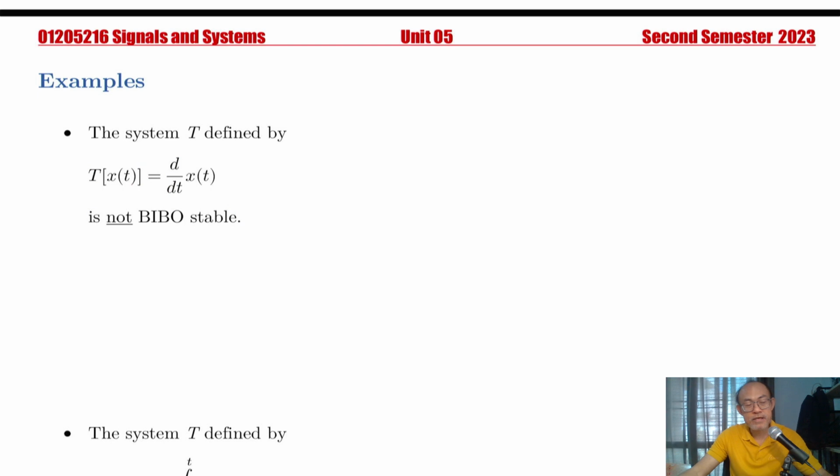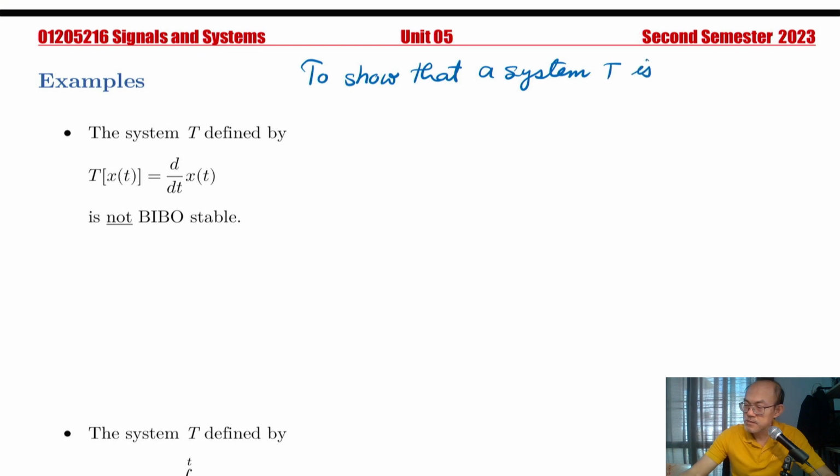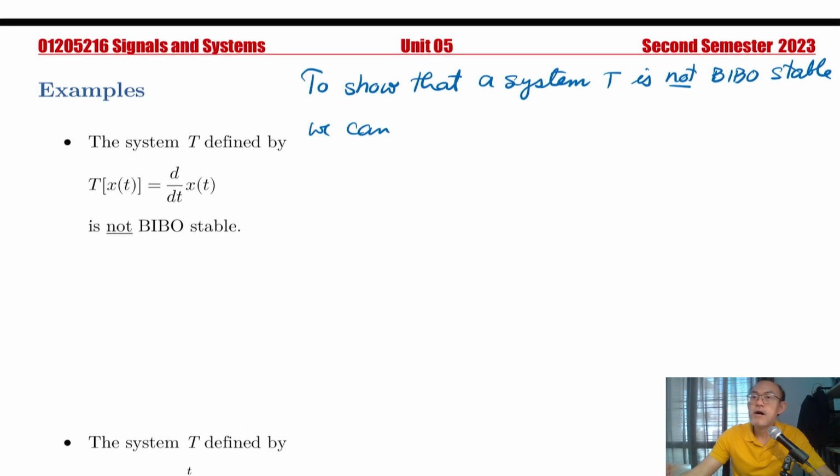Now to show that the system is not BIBO stable, we can again give a counterexample to show that a system T is not BIBO stable. Okay, we can give a counterexample